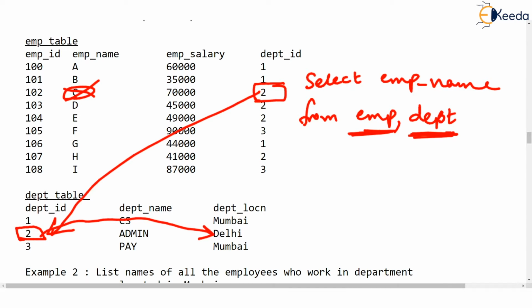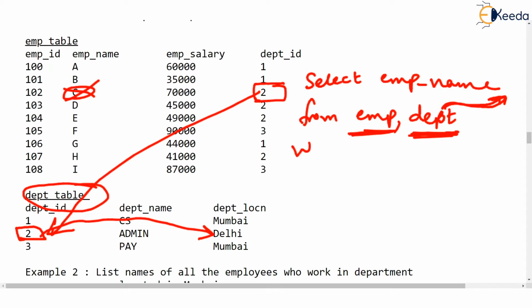Please listen, we are not listing any columns of DEPT here. But still, we want DEPT table because you saw even in our manual work, we have to open up this book, DEPT, to compare the department IDs.